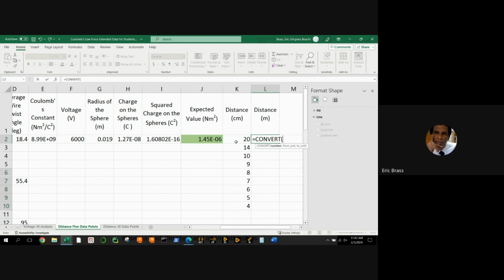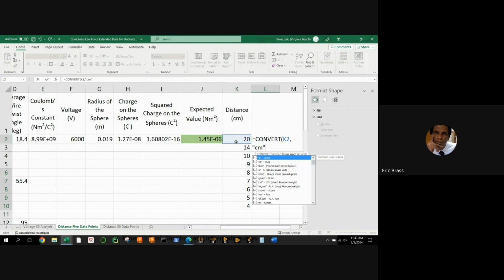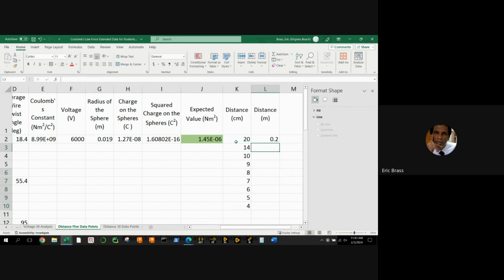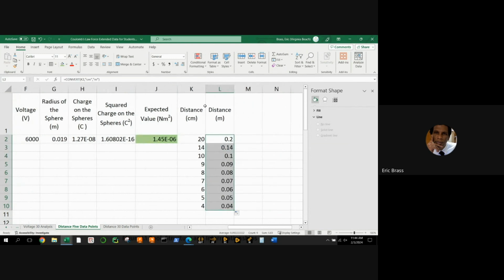Convert. Select, comma, centimeters to meters. And I'll just bring this down like so. Let's go ahead and just give it the same amount of decimal places there. You can actually read